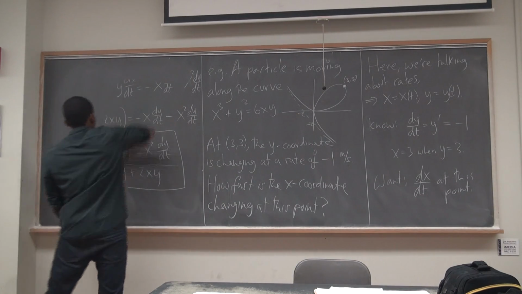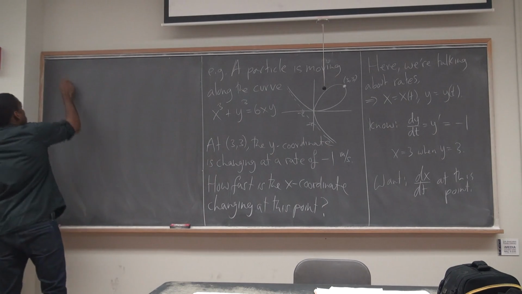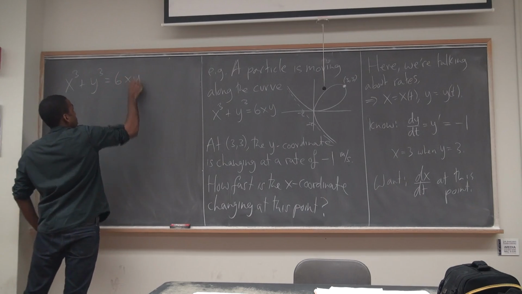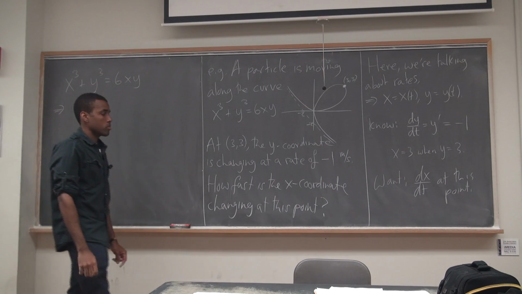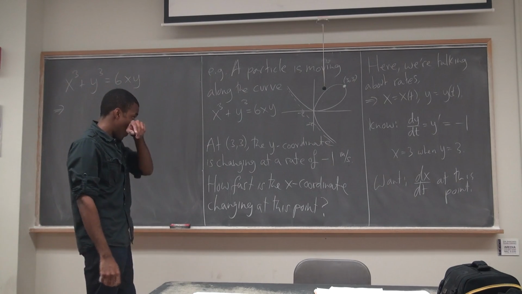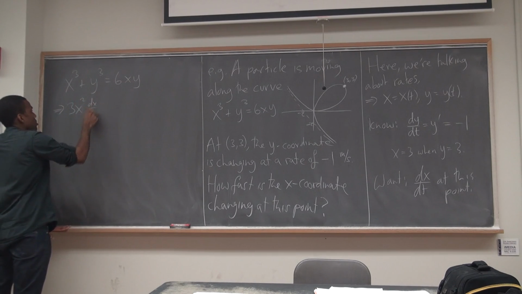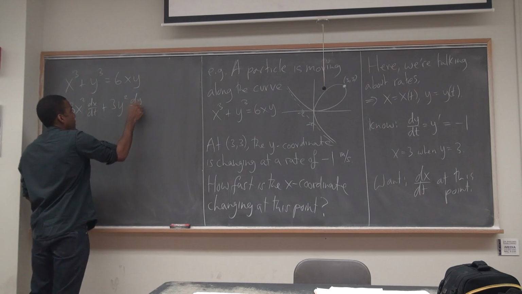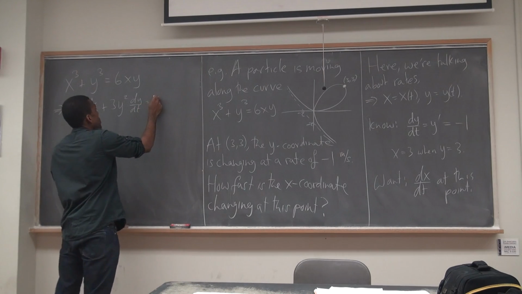We know the relationship between x and y, so let's start there. x cubed plus y cubed equals 6xy. How do we get the rates in there? Start differentiating. 3x squared dx/dt plus 3y squared dy/dt equals